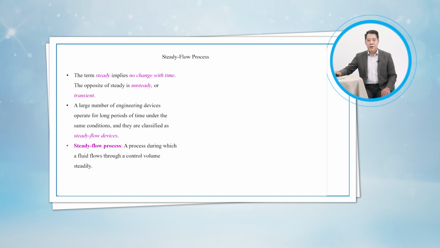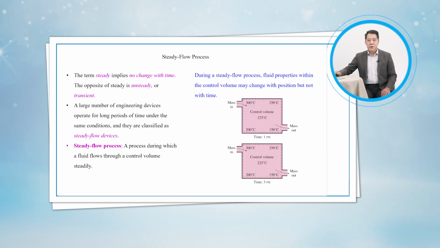Processes involving such devices can be represented reasonably well by a somewhat idealized process called the steady flow process, which can be defined as a process during which a fluid flows through a control volume steadily. During a steady flow process, as the figure shows, fluid properties within the control volume may change with position,